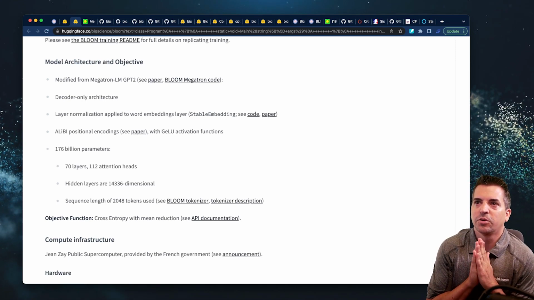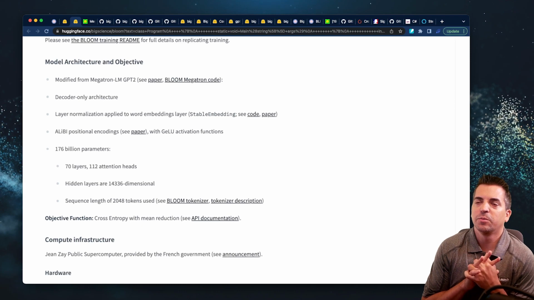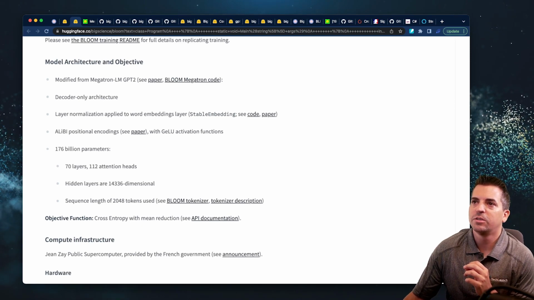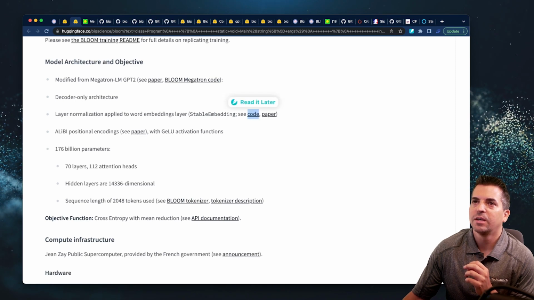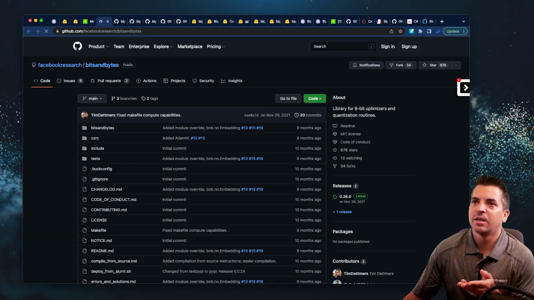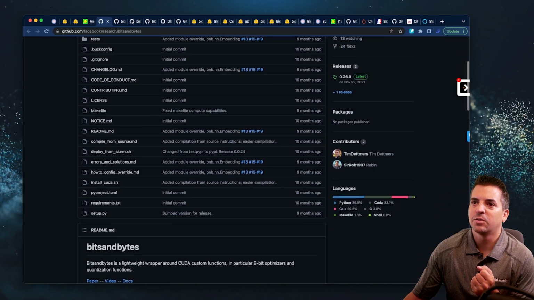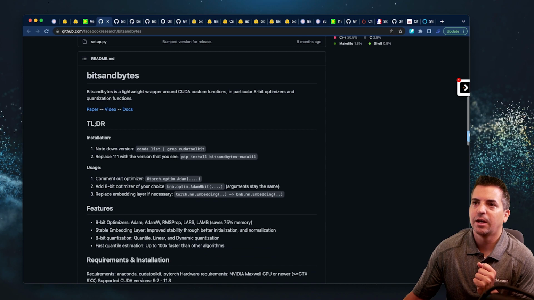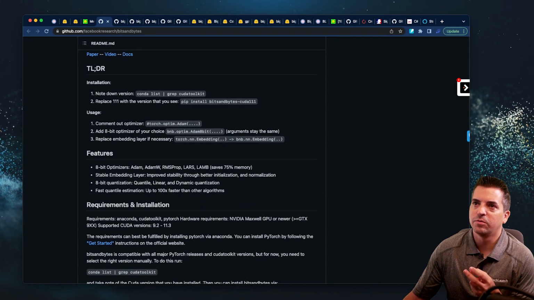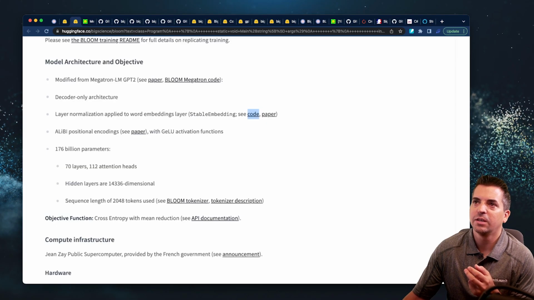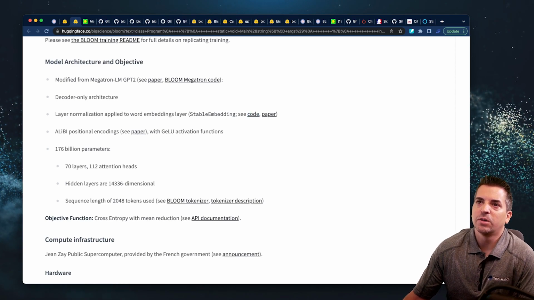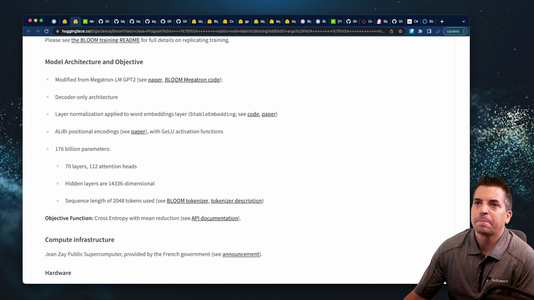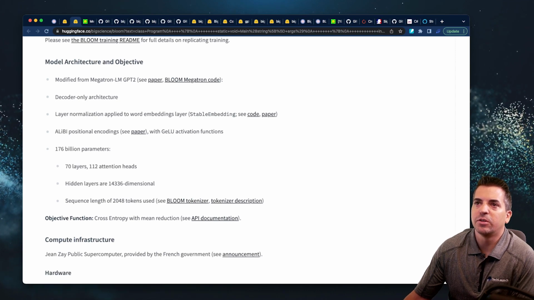It is a decoder-only architecture, with layer normalization applied to word embeddings. Again, you can go into the different code and papers. And I really like to go into these and look at them and really get into the weeds. So here again, you can see this is the BitsAndBytes example. And they're talking about a nuance, pretty important optimizations though. So they're talking about this layer normalization applied to the word embeddings layer. Then the ALiBi positional encodings,